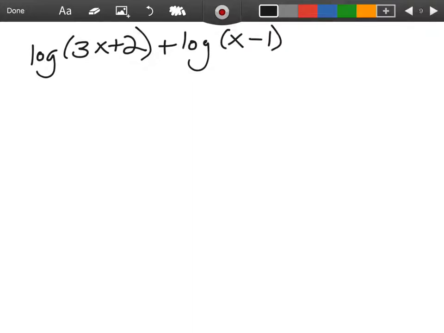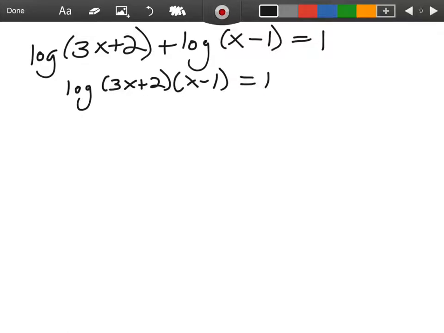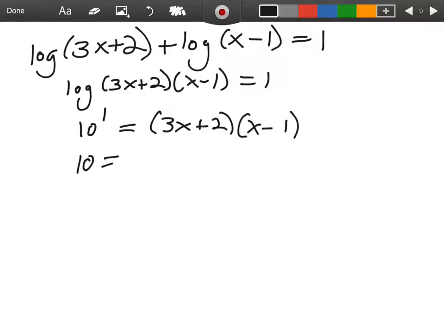Okay, let's do another example. Let's say I have log of 3x plus 2 plus log of x minus 1 equals 1. Combine the left-hand side by multiplication. So we have 10, because this is log, it's base 10, so 10 to the first power equals 3x plus 2 times x minus 1. So it gives us 10 equals